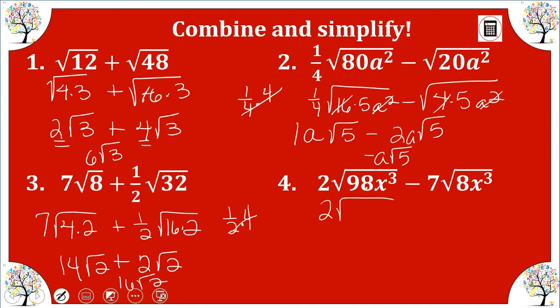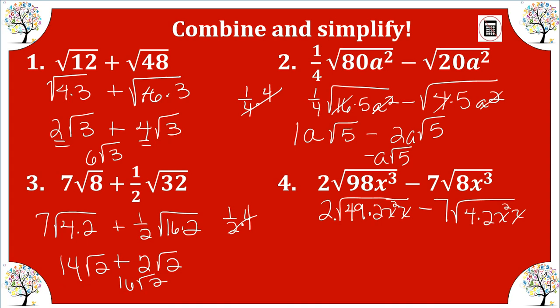Number 4, we're going to break down 98 into 49 times 2, x squared x, minus 7. And we're going to break down 8 into 4 times 2, x squared x. The square root of 49 is 7. 7 times 2 is 14. The square root of x squared is x, leaving us with radical 2x, minus